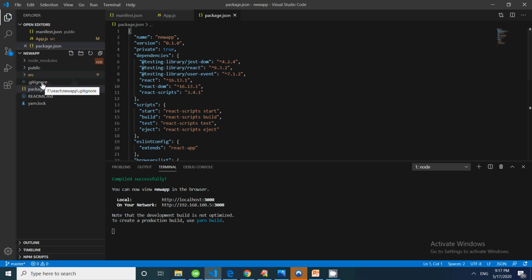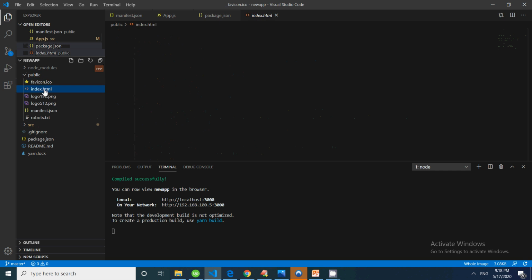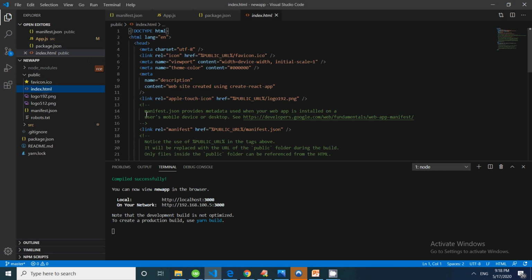Then we have gitignore, and this particular file is not very important. Then we go to the public folder. This is a very important folder because this is the first place where your application is loaded, and the first interaction comes from the file index.html. This is the main file, and we don't make any changes in it apart from adding any JavaScript or Bootstrap library.